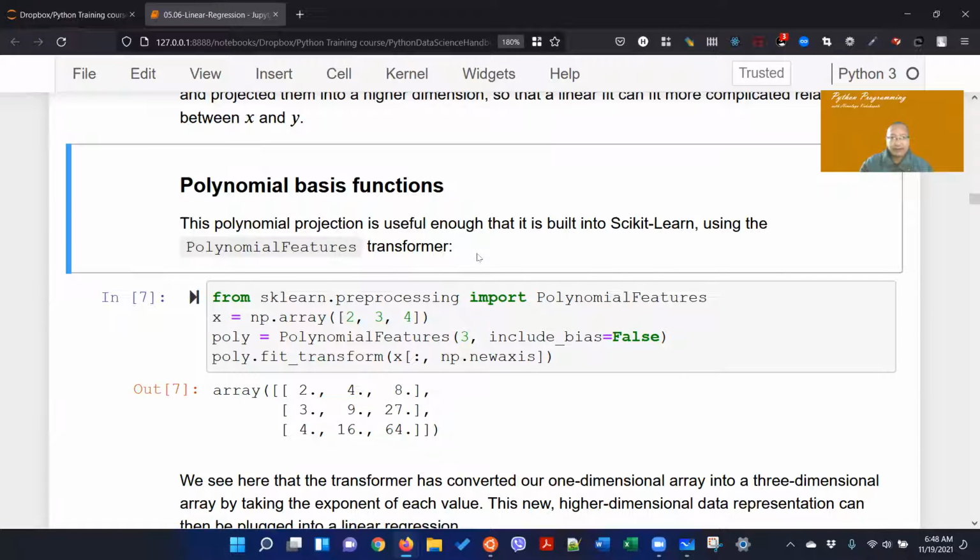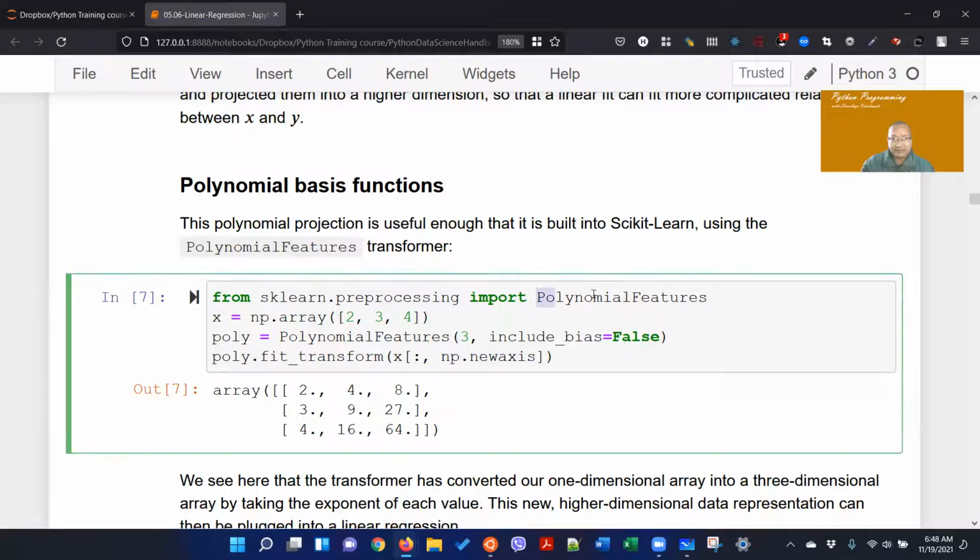We do the same thing, we have the basic 4 steps: import the model, prepare the data. So you use x, this is our x, x1, x2, x3, where x1 is 2, x2 is 3 and x3 is 4. Then we use poly equal to, we're instantiating here, and then we fit. We are fitting x, why are we doing this? We